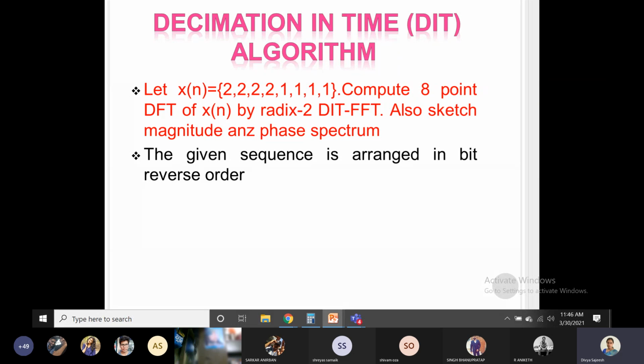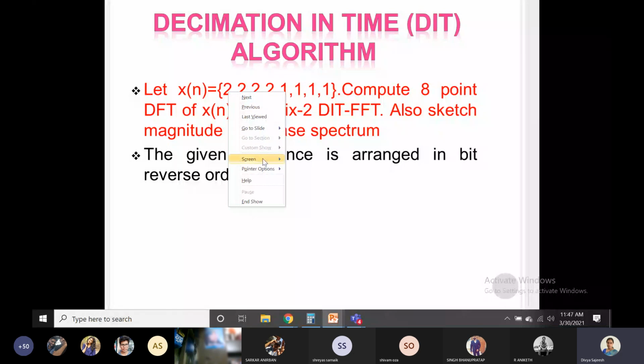So first let us obtain the DFT. In the algorithm, as we already know, algorithm means certain defined steps. You have to follow these steps to obtain your final results. The first step is that the given sequence, first we will arrange in order. In the order in the sense, what is the position of the first element, x of 0, which is equal to 2, and what is the second element?